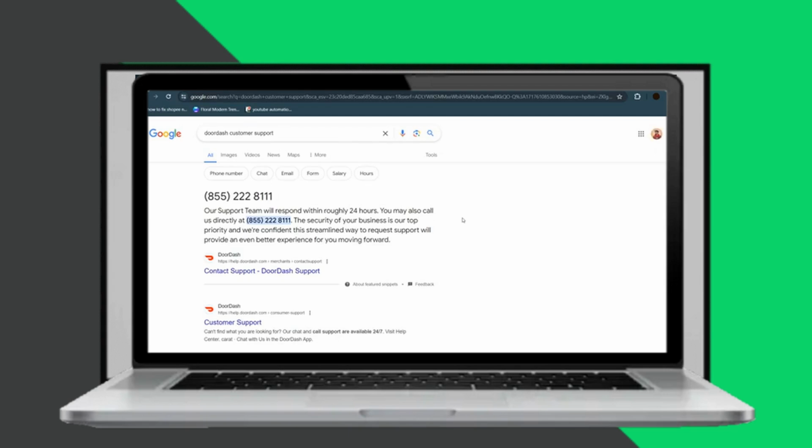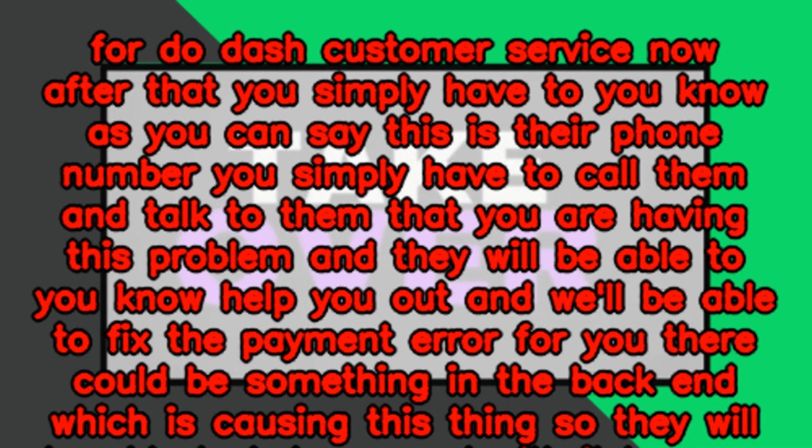There could be something in the back end which is causing this, so they will be able to help you out with it. However, you just have to double check if your payment method is also working. There might be some invalid payment method as well. Bank has blocked your